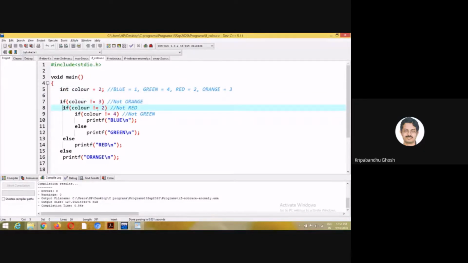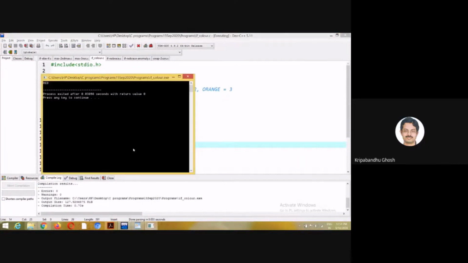If color is not equal to 2, which is false, color is equal to 2, then its corresponding else will be executed, that is red. So let's run this. The output is red.